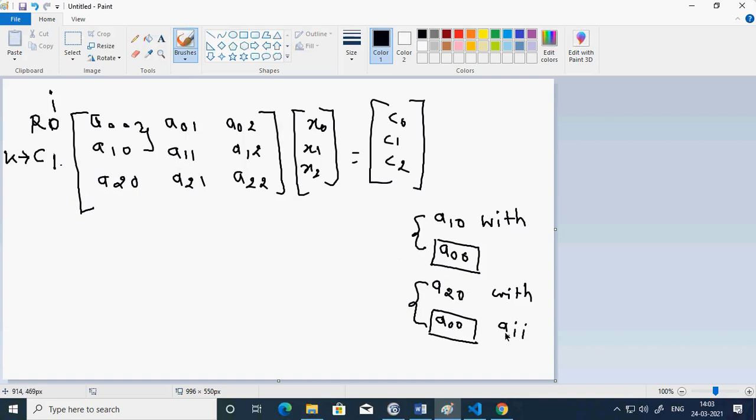I can always call this AII because it is a diagonal element and I can use the row and column indexes the same. Why I? Because this is the first row and the first column. It is A00, so I is 0, and it is represented by AII.